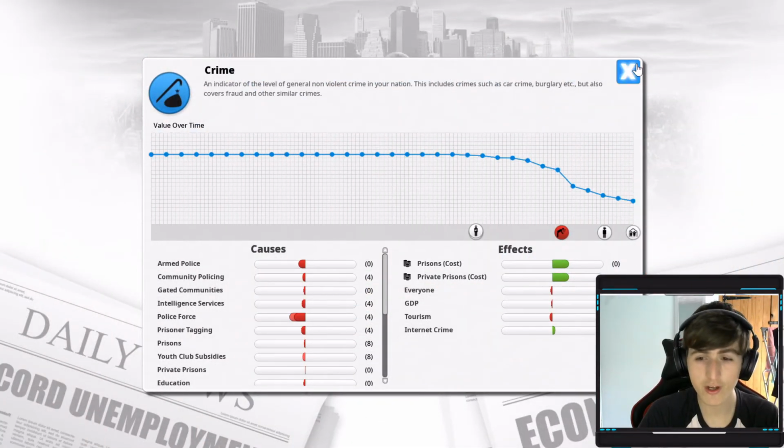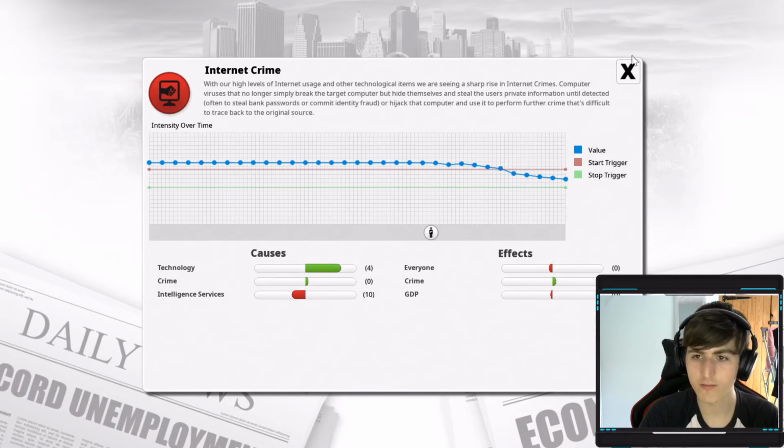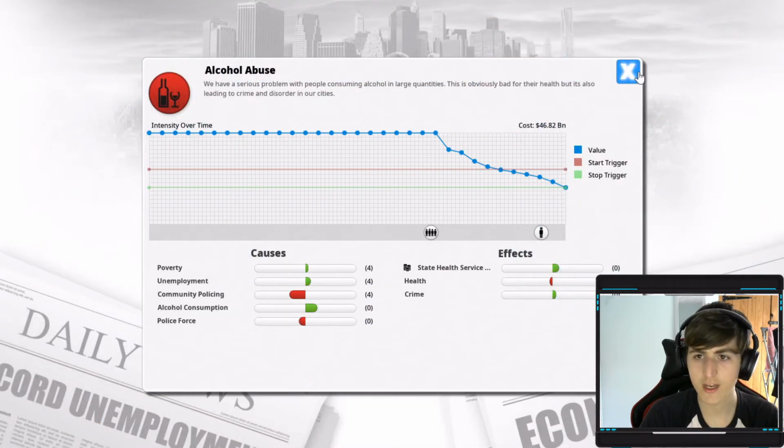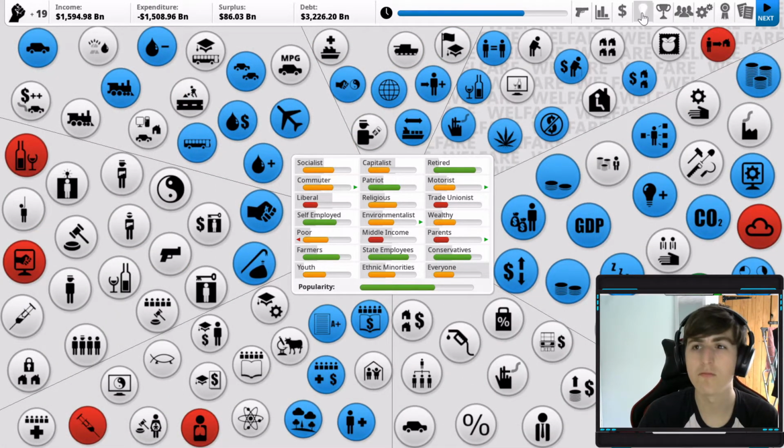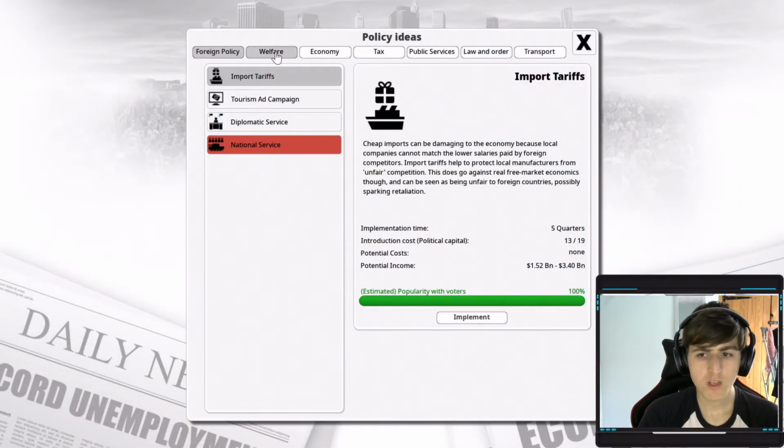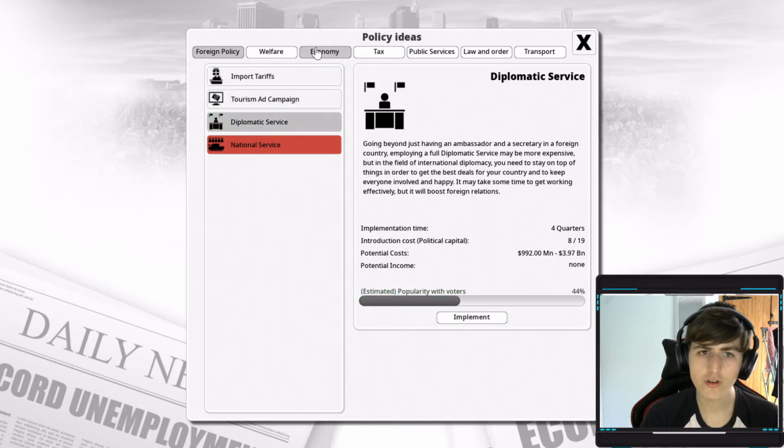Crime is shot down. Absolutely shot down, which is fantastic, because internet crime should then be on the reduction. The alcohol abuse will be gone soon, so we'll have even more money to spend. Considering that, maybe we should